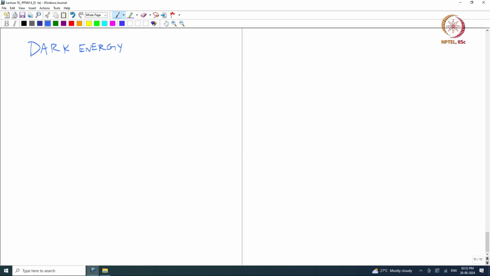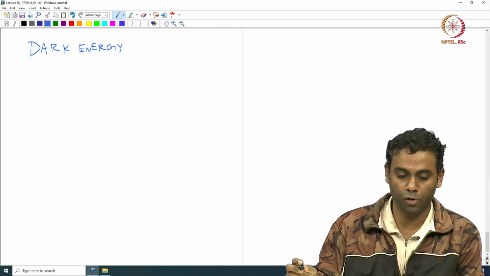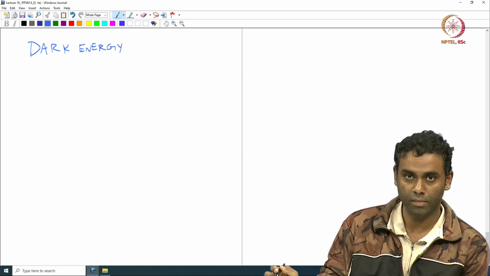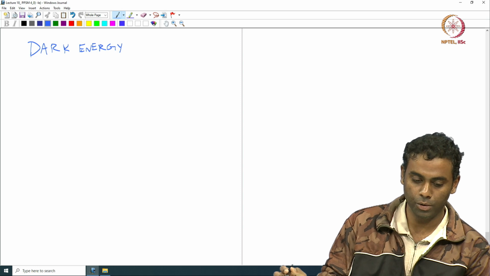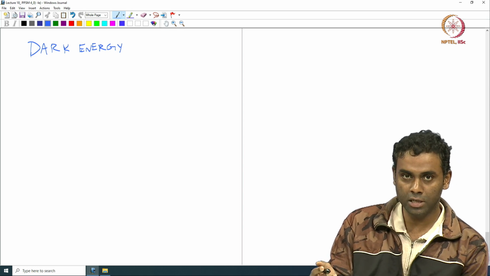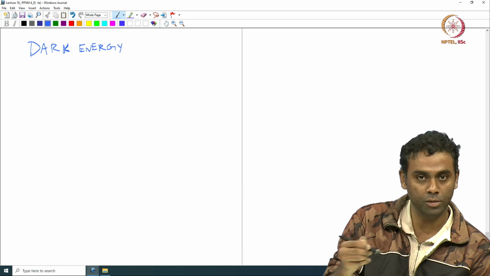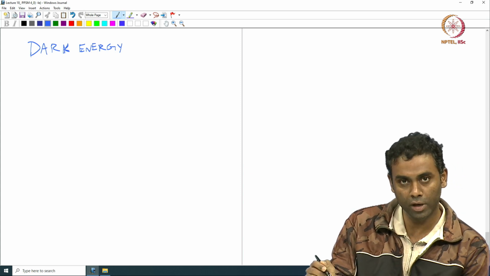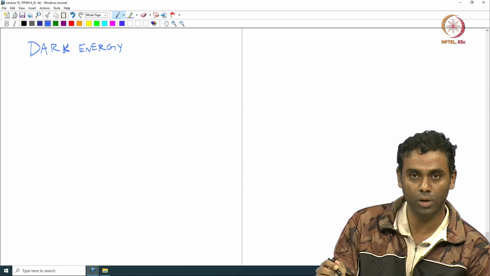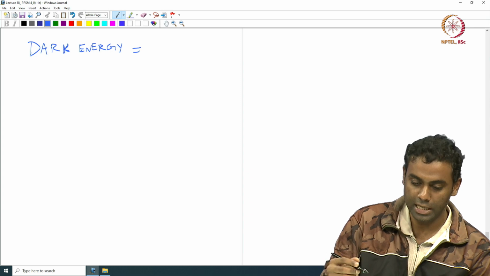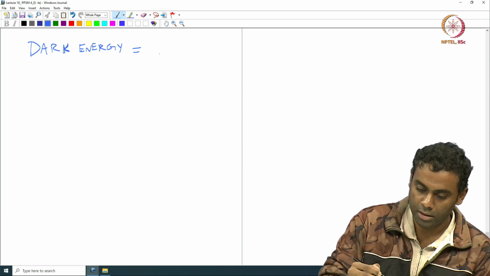These are the different components of energy that form the energy budget of the universe. As far as particle physicists are concerned, the content of dark energy is not so much a mystery. We know where the dark energy comes from, because to us the dark energy is the same as the vacuum energy,